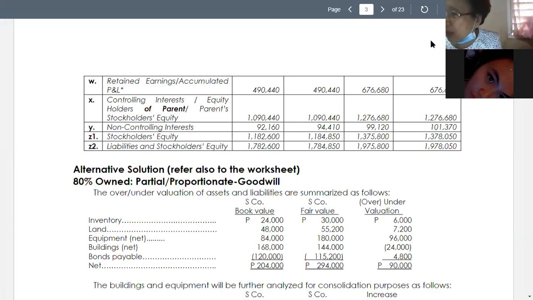90,000 as our undervaluation of assets, and deduct 13,200 for the amortization and depreciation. So 384,000 add 90,000, deduct 13,200. The difference is 460,000, and you multiply that by 20%. You get 92,160. So the total stockholders' equity, adding X and Y, is